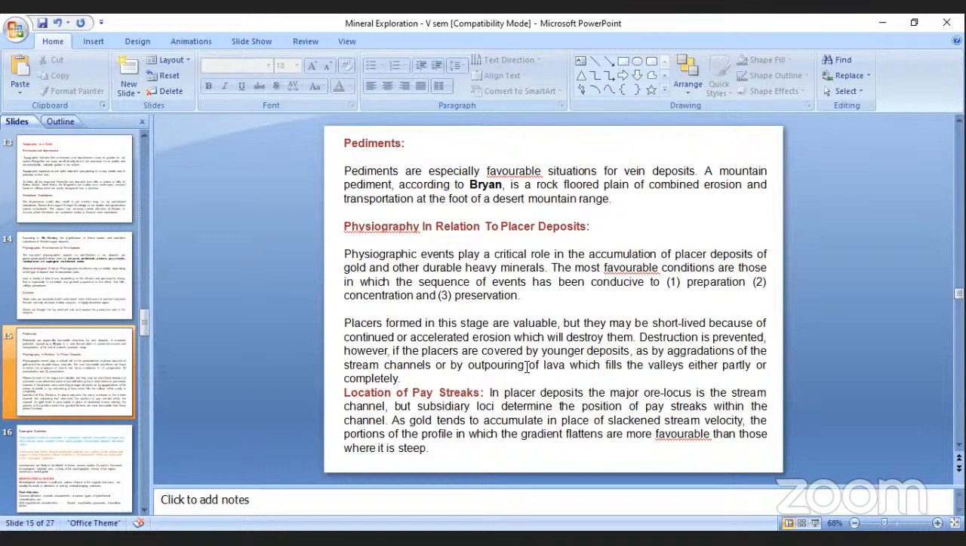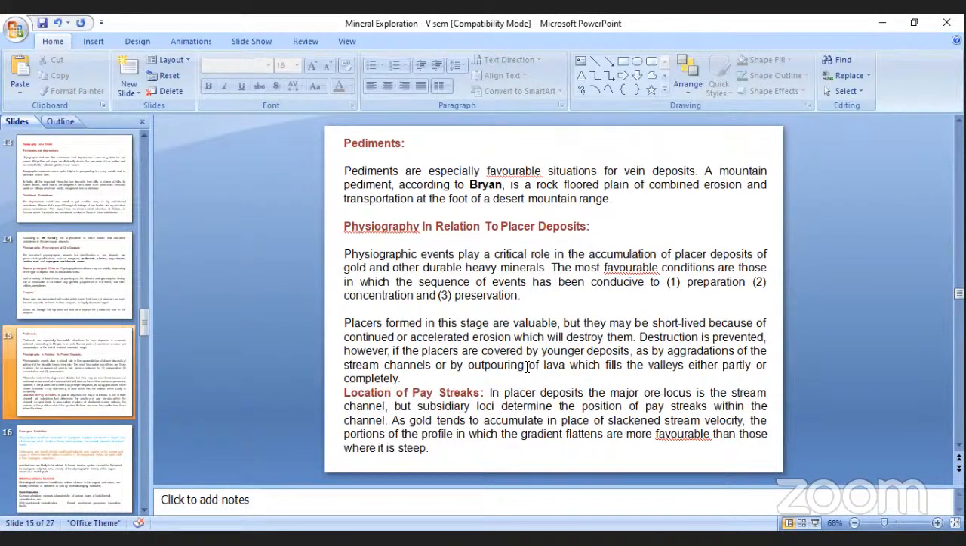And particularly, we can study the gold and durable heavy minerals. The most favorable conditions are those in which the sequence of events has been conducive. One, it is preparation; second, it is concentration; and third, how they will be preserved. Particularly, the placers formed in this stage are valuable,